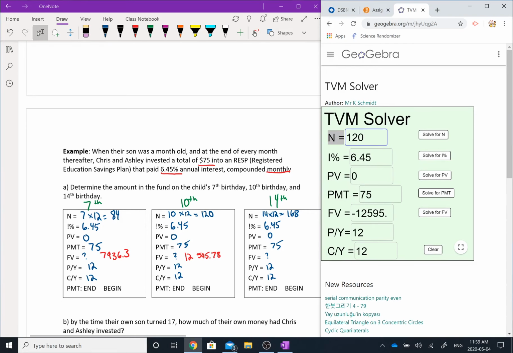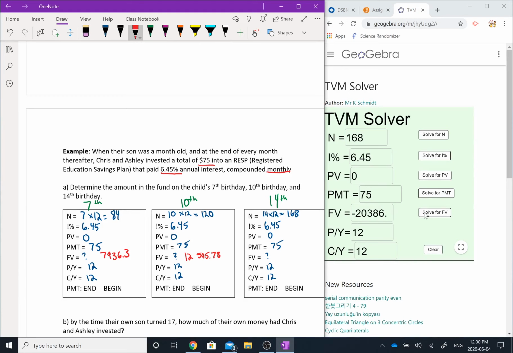So we're going to go back to the TVM solver. The only thing we're going to change is the N value to 168 and click solve for FV. And you should see a change now. So we have $20,386.53. You may have to click on that actual number and scroll over to see the actual decimal